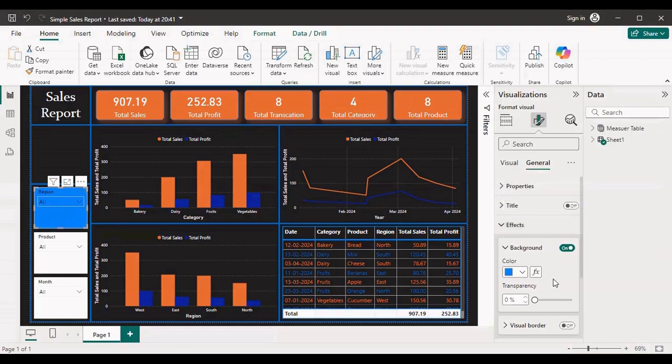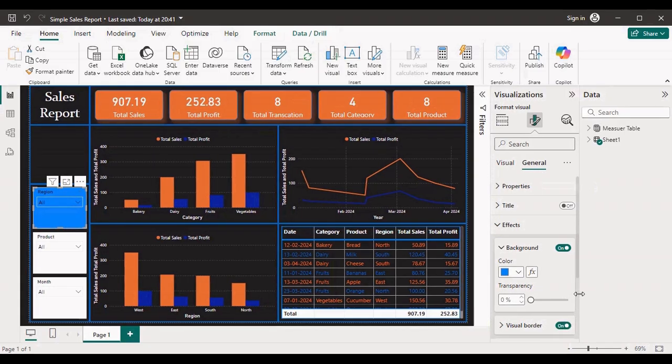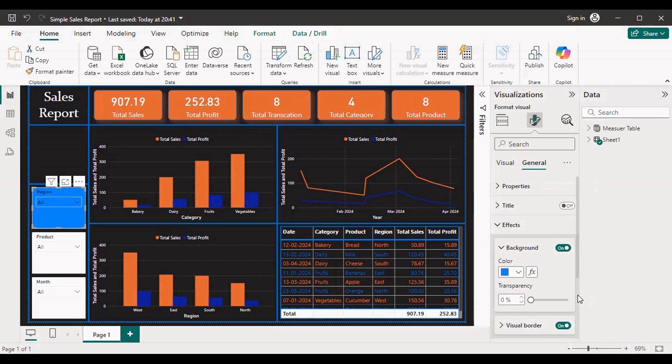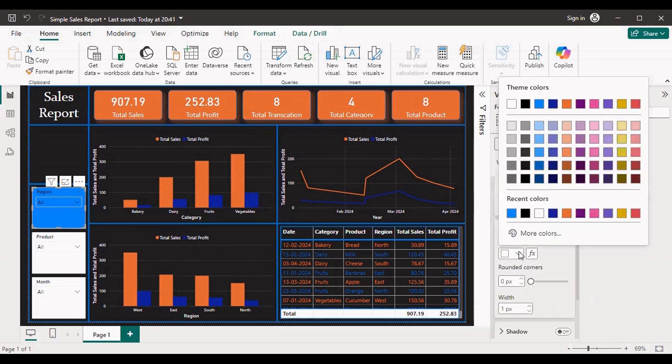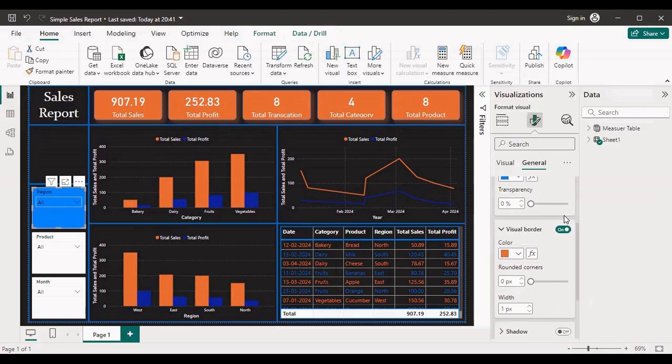And then would like to add the border also. I'll add the border, and border color I'll change it to orange. And also I'll increase the width of the border to 3 pixel, and I'll have the round corner of 5